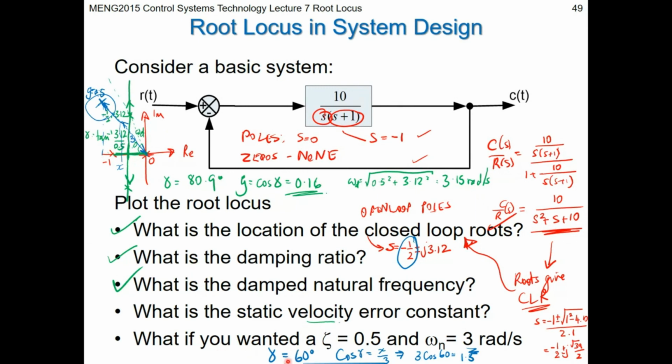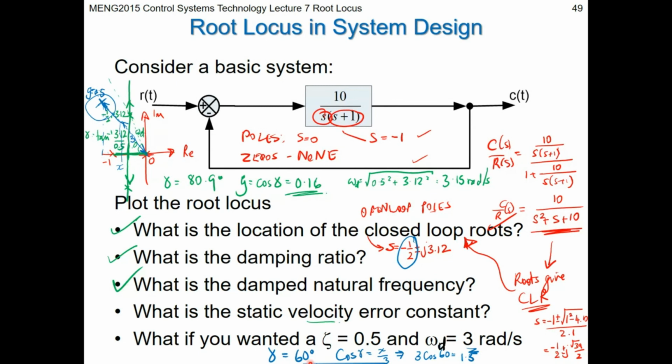got my damping ratio and my damped natural frequency, but now I'm being given specifications for this system. I want this system to have a damping ratio of 0.5, and I want it to have, let's say, a damped natural frequency, and I'm going to change this to omega d to make things a little easier. Omega d, a damped natural frequency of 3 radians per second. Right, so those criteria actually specify a damping line angle,